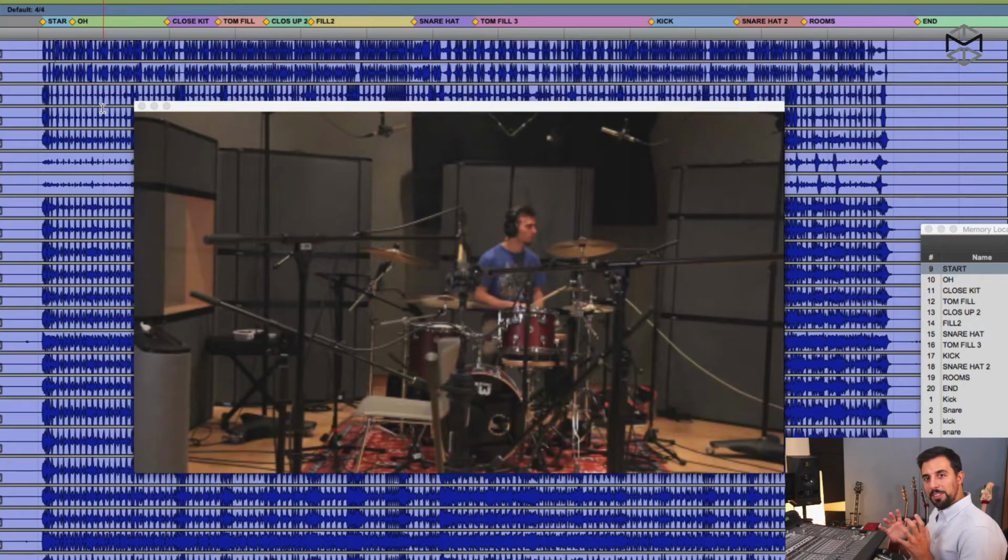So you hear the difference? On one side we have the overheads that give us an imprint of the drum kit, a very nice stereo blend. And then we've got the MS, which in this case is adding a lot of space and width to the overall sound. I'm going to move towards the tom fill